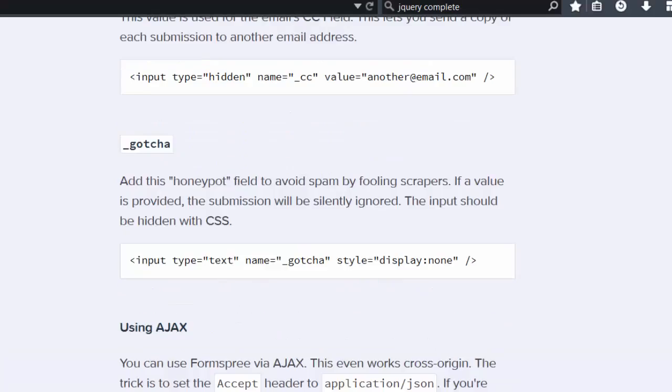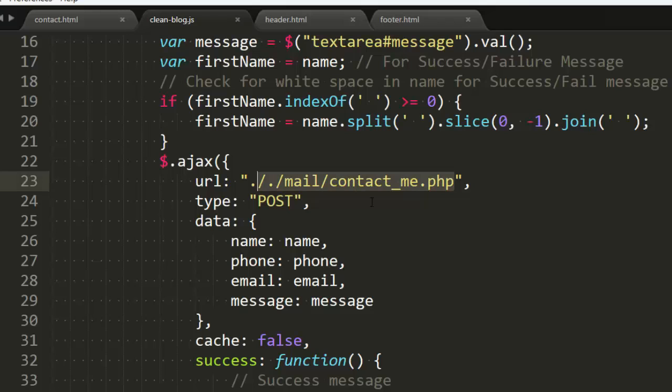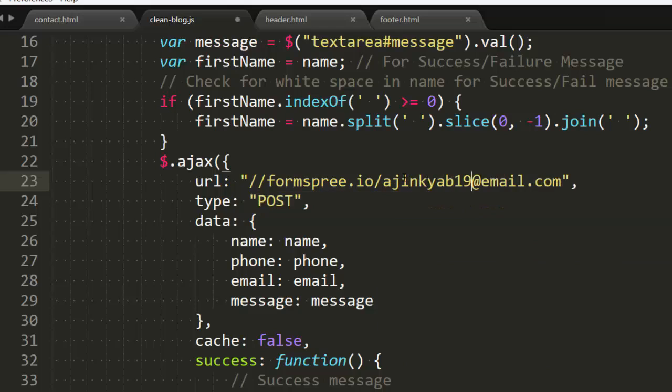Let's do that quickly. It's very easy to do. Just copy this URL over here and paste it. The reason I'm not going to add HTTP over here is that the double slash denotes that if you are using an HTTP server, it will load HTTP. If your server is HTTPS, it will automatically switch to HTTPS. And you have to enter your real email address where you will receive notifications. So I'm going to enter my email address. You have to change this to yours.